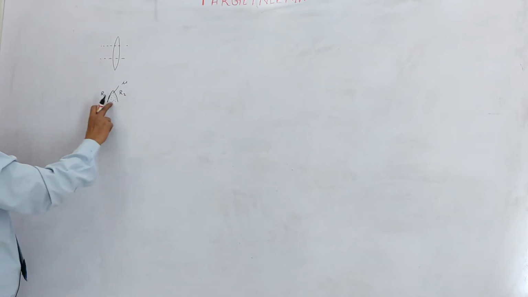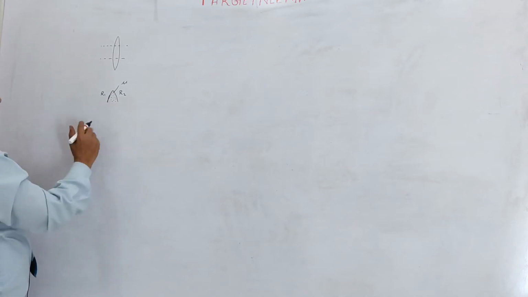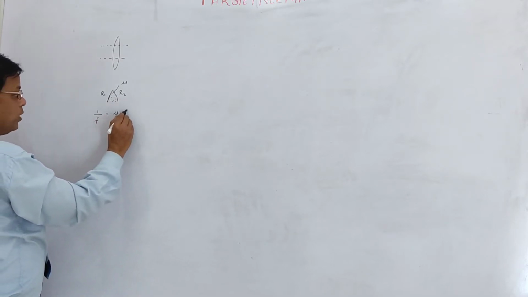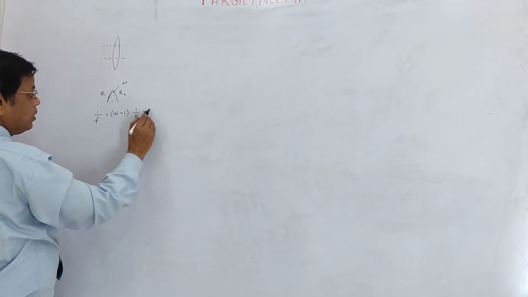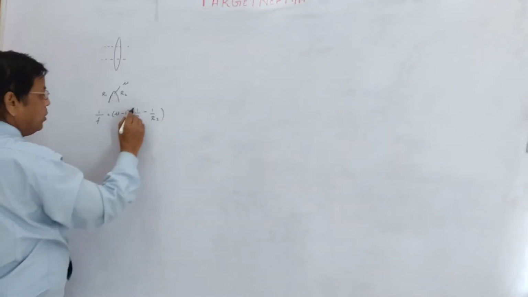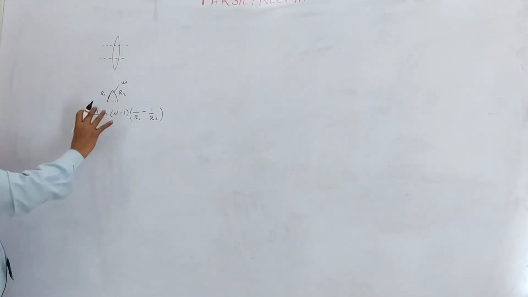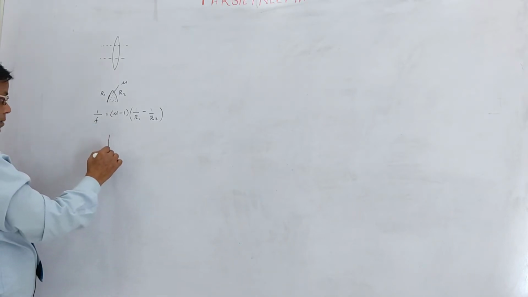So the focal length of this part and the whole lens will be the same, because if I write the focal length of this, I have to write 1 upon f is equal to mu minus 1, taking surrounding air, 1 upon R1 minus 1 upon R2. So neither mu changes, nor R1, nor R2. Hence the focal length remains unaffected. If you write the focal length of the middle part,